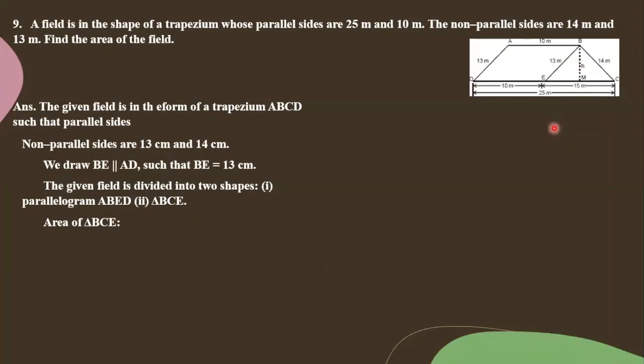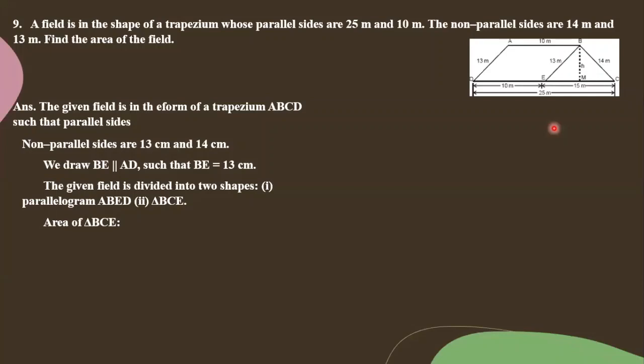21 into 21 minus 13, how much? 8. 21 minus 14 is 7. 21 minus 15 is 6. 21 you can write in the form of 7 into 3, 8 as 2 into 4 and 2 into 2 into 7, and 6 as 3 into 2. I got a pair of 7s, a pair of 3s, a pair of 2s. So what are you getting as the answer? 7 into 3 into 2 into 2. Are we getting 84, children?